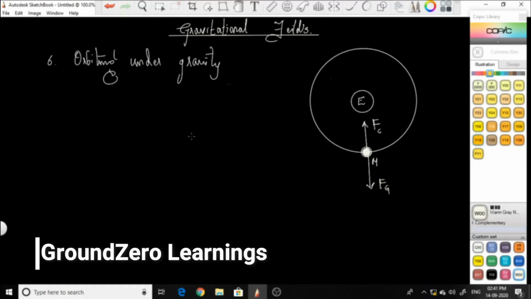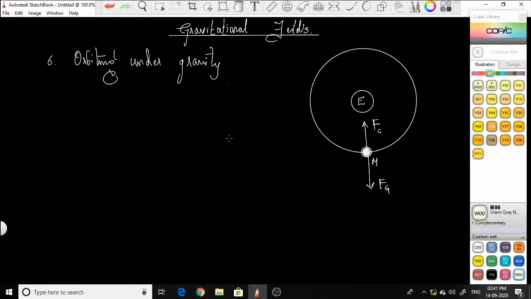Till now, we have discussed field lines and their nature, Newton's law of gravitation, and then we derived three important parameters which define our gravitational field: field strength, gravitational work done or energy, and gravitational potential. So now we'll be discussing what happens